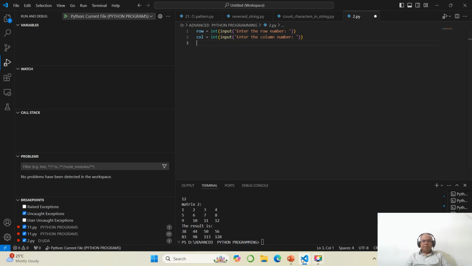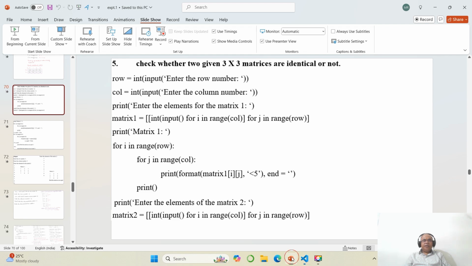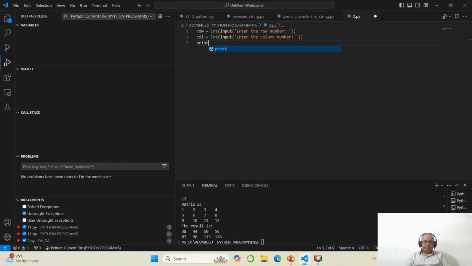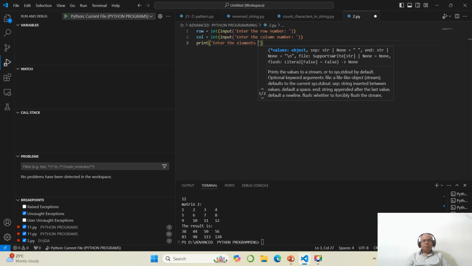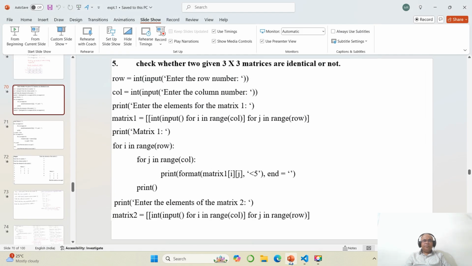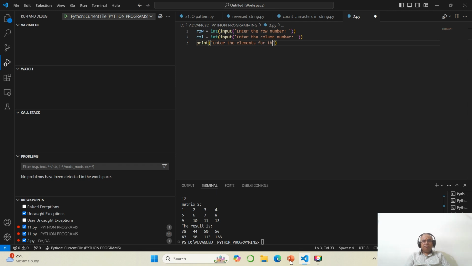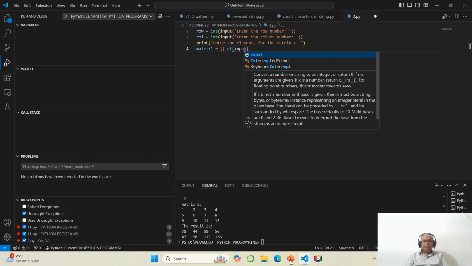Then print, enter the elements for the matrix 1. Then you declare the variable matrix 1 equals double square bracket, int input